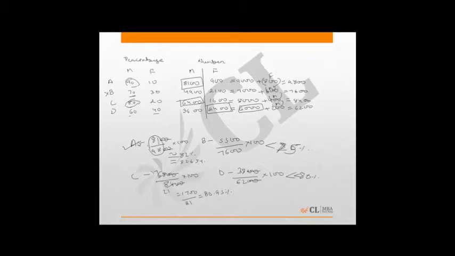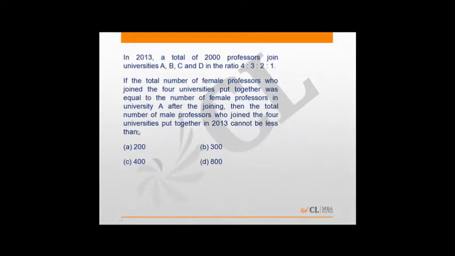Fine. So it is clear that in the worst case scenario, when all the professors joining University A are females and all the professors joining other universities are male, even then the percentage of professors in University A will remain maximum, that is 82.65%. In other cases, when some of the professors in University A would be male, the percentage would go even higher. So in any case, the percentage of male professors in University A is maximum. So this was a trick in that question. So the correct answer is option C, that is University A.